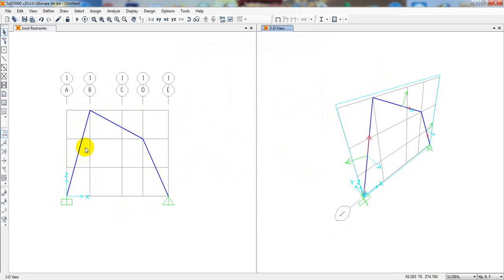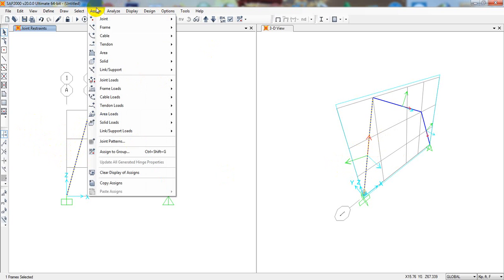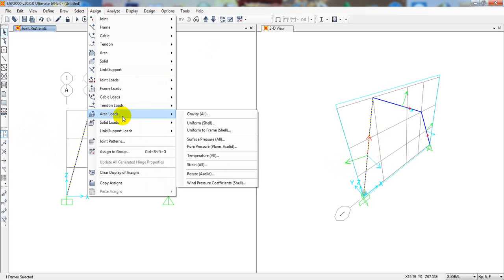Okay, so first of all I will apply load here. I will apply a point load in the middle of that frame. So I have selected that. After that I will apply it in that direction, with respect to that green line. Okay, so from here I have selected that, then assign, then